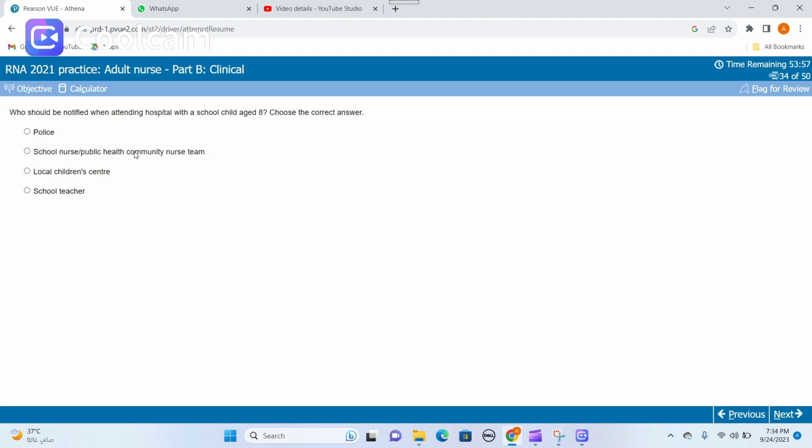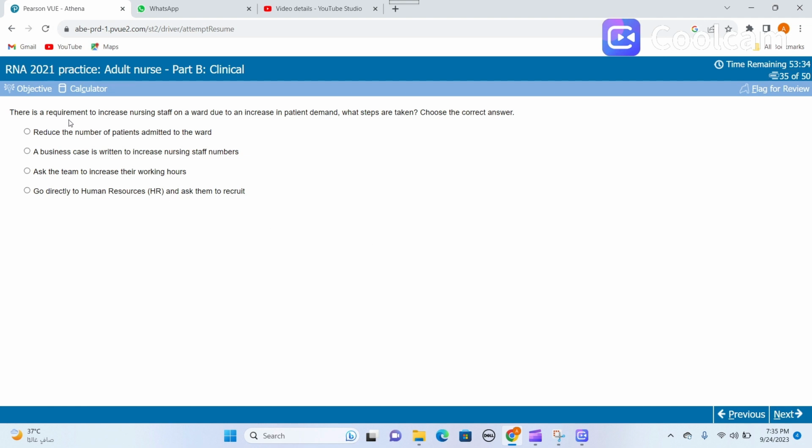Who should be notified when attending hospital with a school child aged 8? Choose the correct answer. Police? No way. School nurse, public health nurse, nurse team, local children's center, school teacher. Okay, just fine. School nurse, public health, community nurse will be